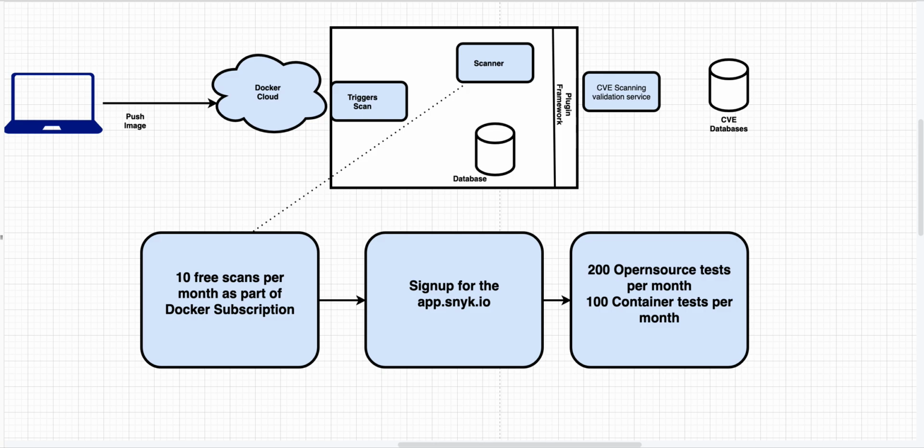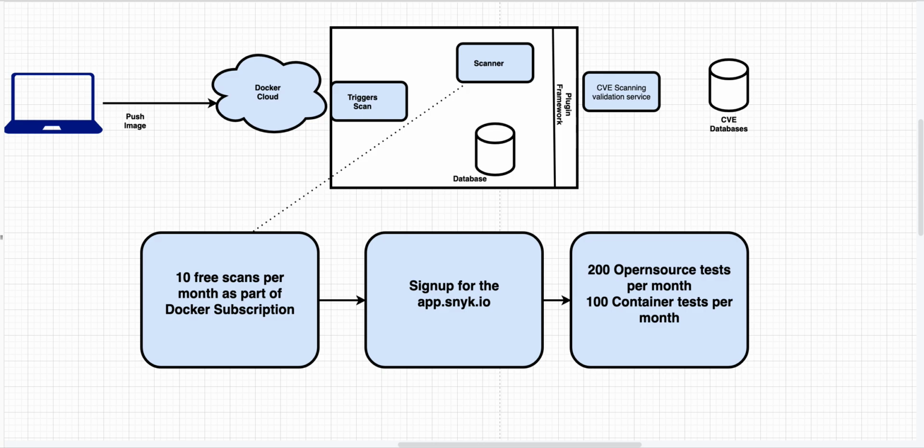Now if you want to increase this limit without going for a subscription, then you can sign up on app.snyk.io. This is a third-party vendor which has created these vulnerability scans, and once you go to their website, you can directly sign up with your Docker ID. Okay, it actually works on there as well. They do not require any credit card or anything for the subscription.